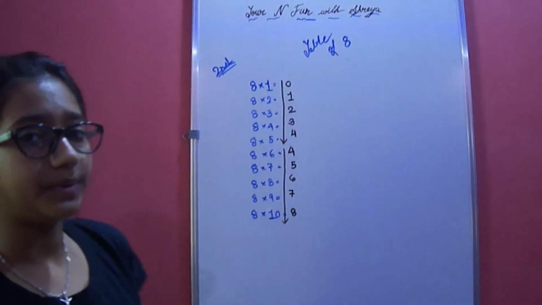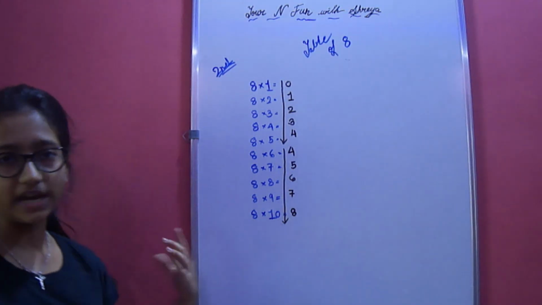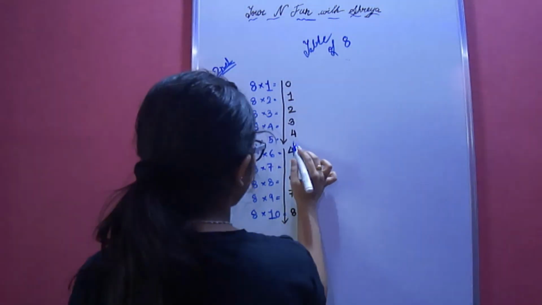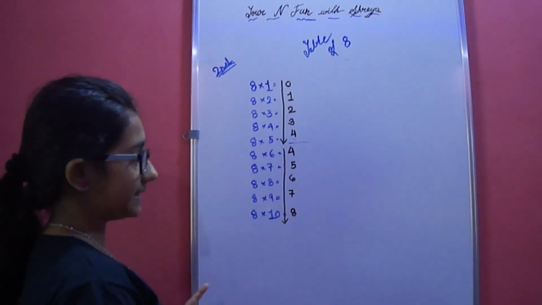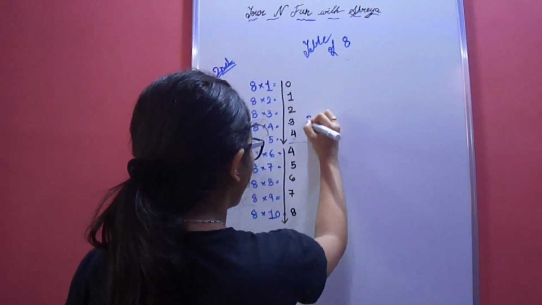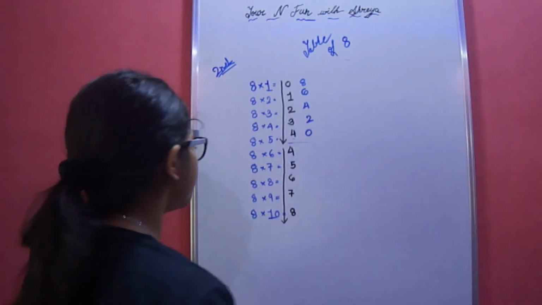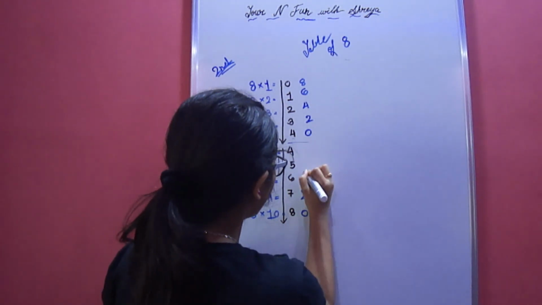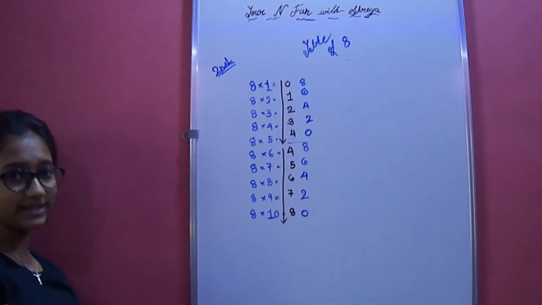Now let's get on to the next step. We just have to write the even numbers starting from here where we repeated 4. From here we'll be writing the even numbers from 0 to 8. So 0, 2, 4, 6 and 8, and then we're going to be repeating it again from the last digit. So 0, 2, 4, 6 and 8. So as you can see, we already have the table of 8. For a closer look,